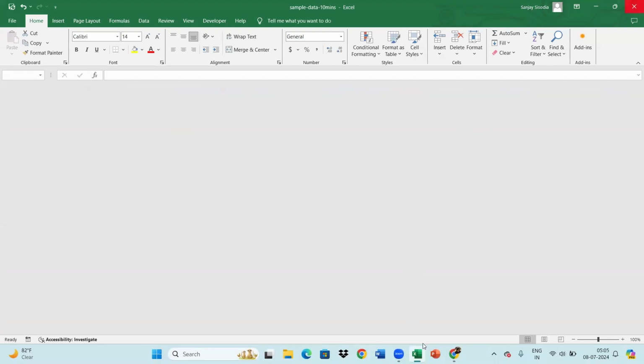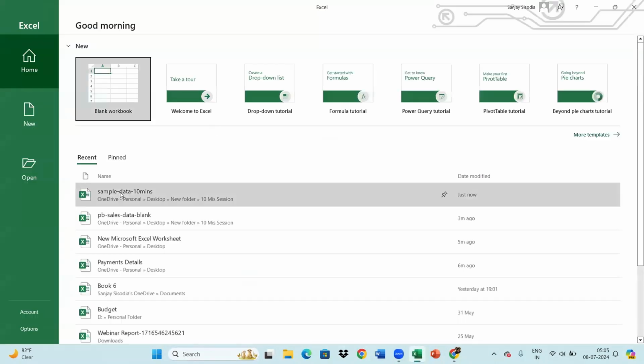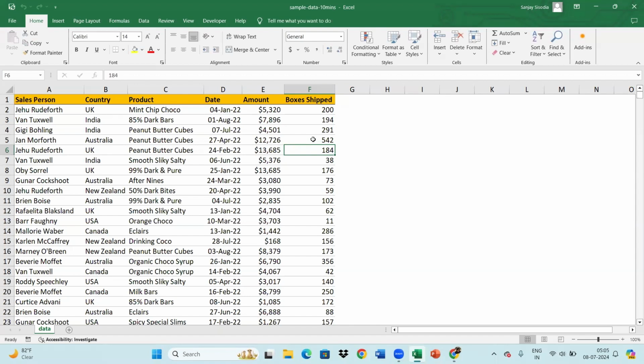Let's close this out and see. Here we go. So see the number has changed from 42 to 542. So these are some of the options of saving a file. Now the name of this file is sample data 10 minutes Excel. Let's make some changes. Let's change it to 684 and then change this to 138. Let's change this to 276 and let's change this to